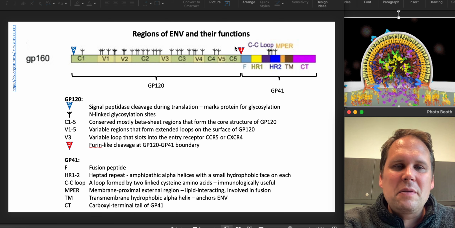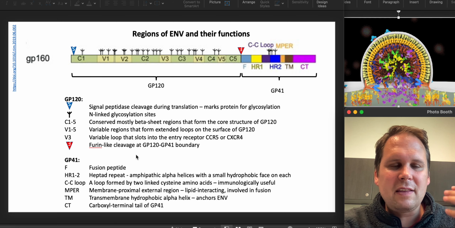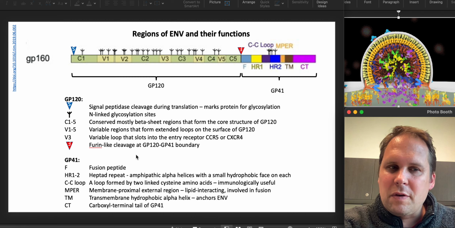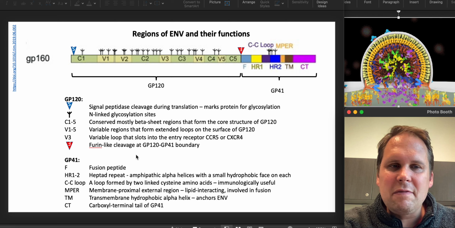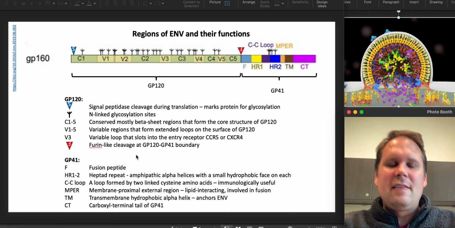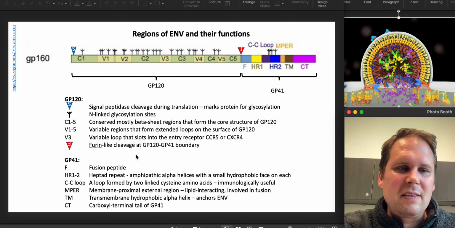And then down here in the middle, you have a second cleavage. This is the little upside down F, and that is a thing called a furin-like cleavage, which, if you've learned anything about other viruses like SARS coronavirus 2, that also has a furin cleavage site, as do a lot of coronaviruses. Influenza virus has one of these things. Arenaviruses have them. I think Ebola might even have one. Yeah, it's a pretty common feature that you would find in viral envelope proteins, like the equivalent of this protein.